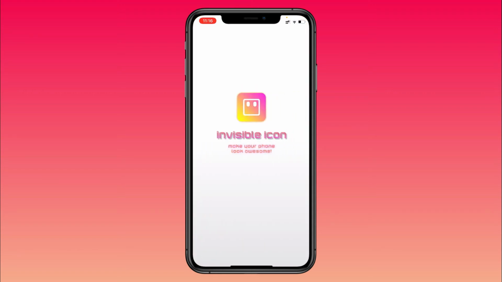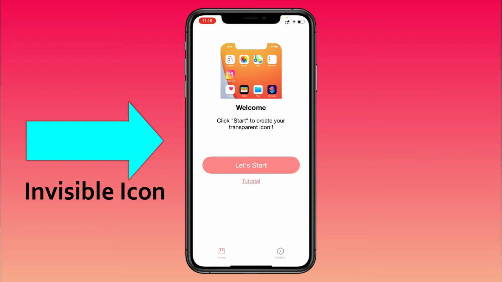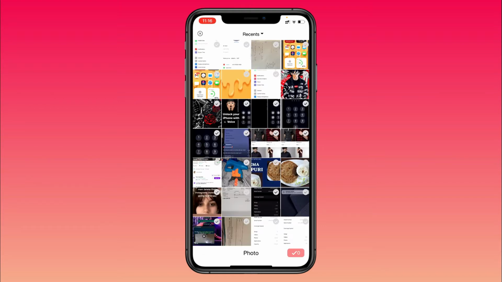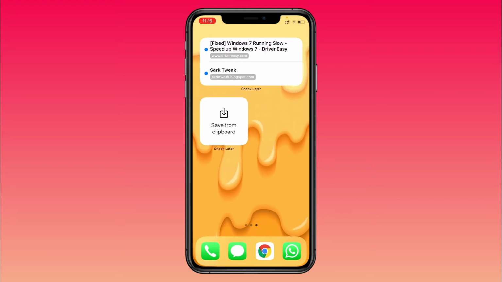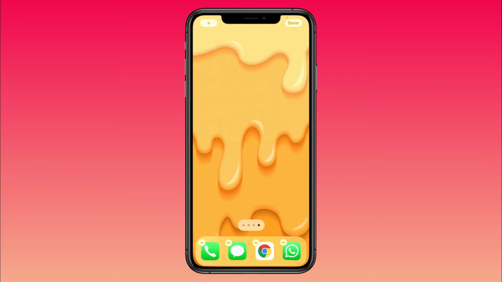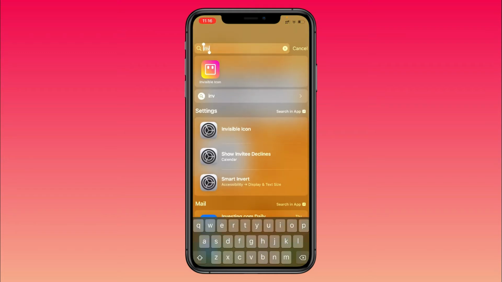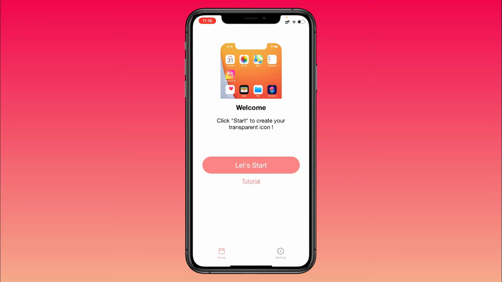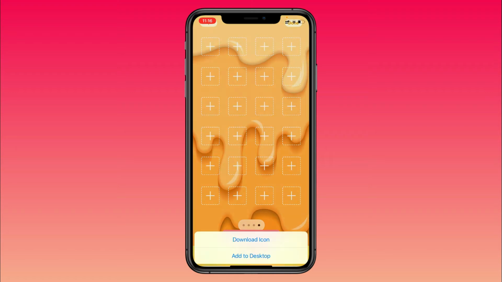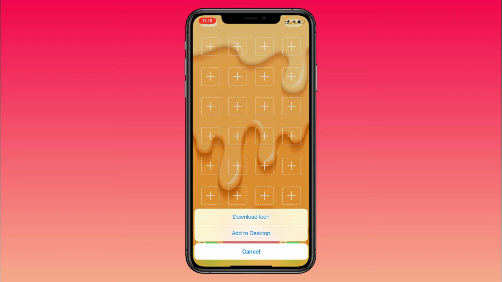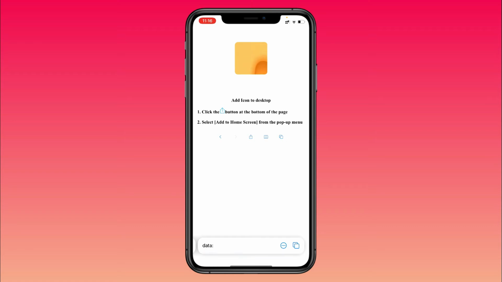The next app for the video is called Invisible Icons. This app allows you to add invisible icons on the home screen of your device. So you can create some really nice setups on the home screen of your iPhone. Now the way it works is that you have to go to the home screen and go to the last page here where you don't have any apps, and go to the edit mode and take a screenshot. Once you have done that, go into the app. So once you have loaded that screenshot, you just pick the place where you want to add the empty space. So let's just try that.